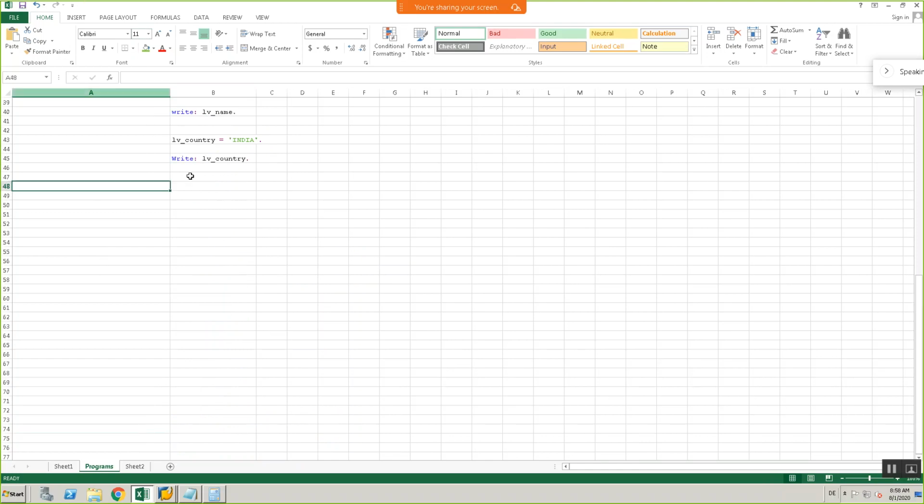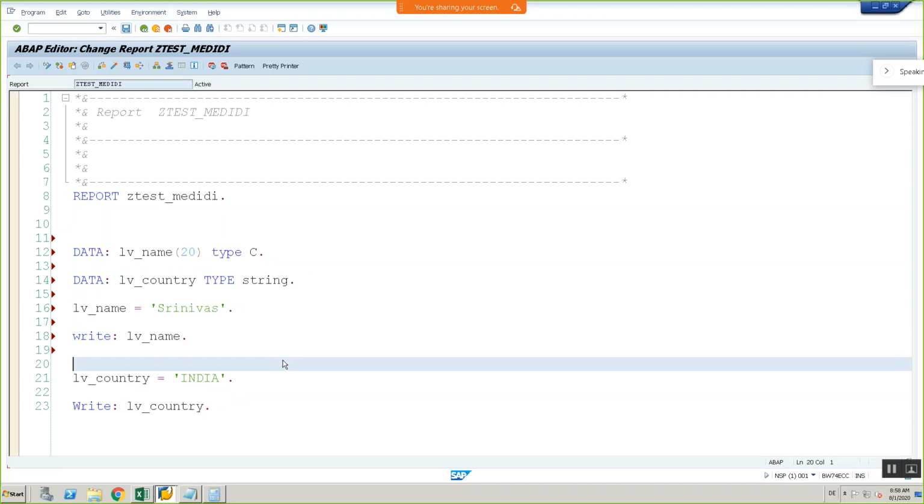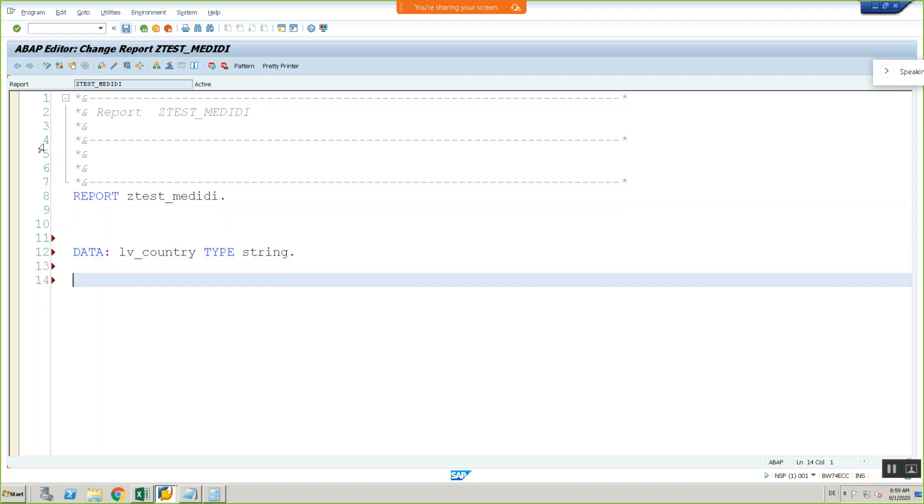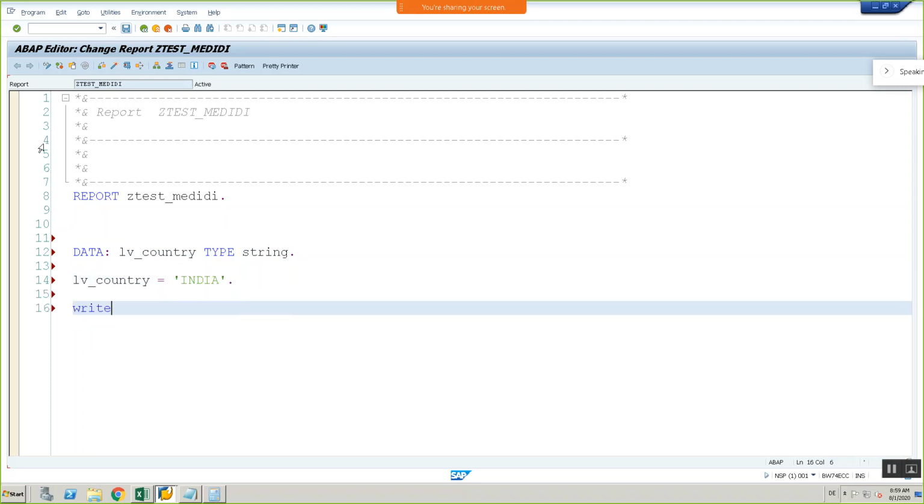Go back here. So let's take a new program now. I'm defining a variable lv underscore country of type string, and now in this country I'm saving my country name, India. Then I'm writing this country name on the output.